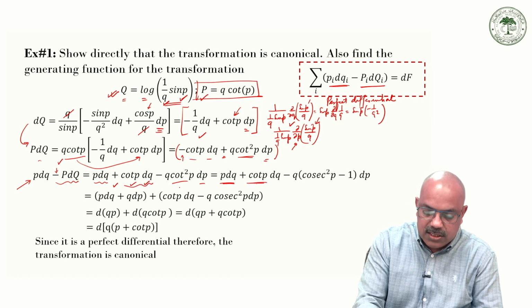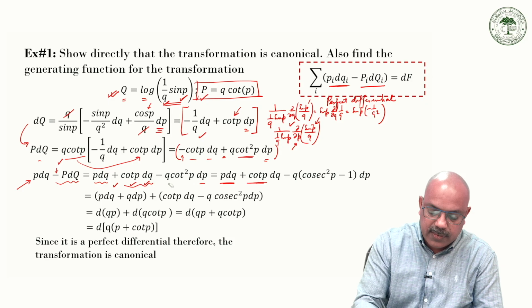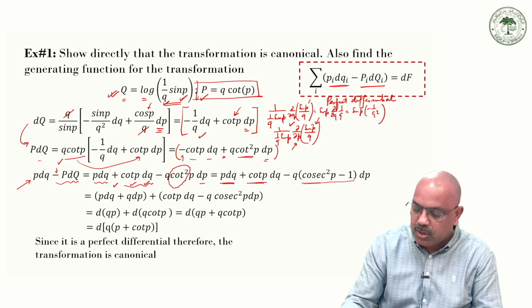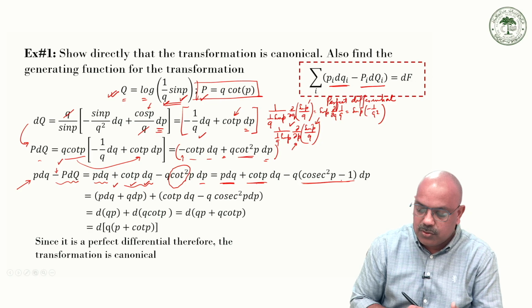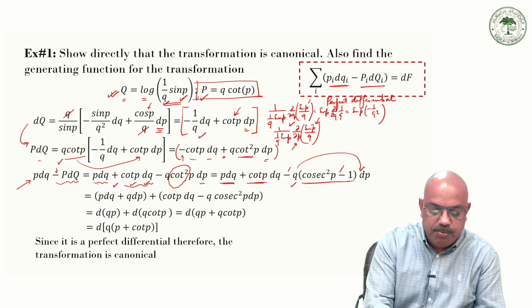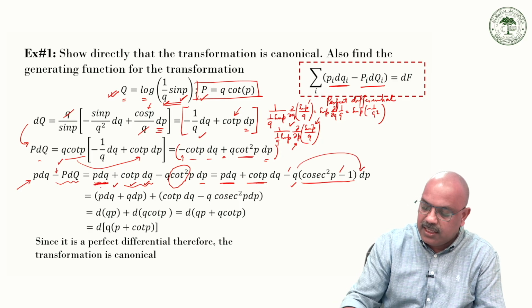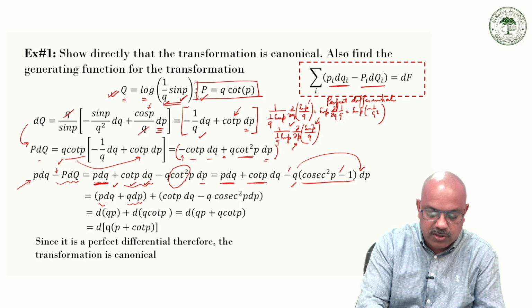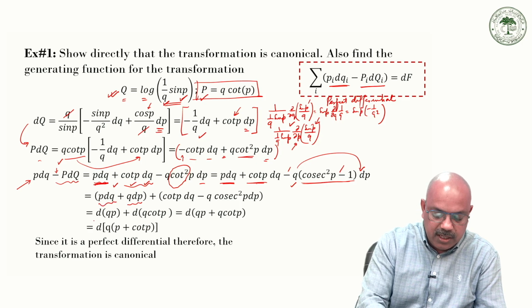Now I can write this cot square p as cosec square p minus 1. So for doing this, I can have this q, minus minus plus, this is going to be q dp. Okay, so now p dq I already have, and from here I take q dp. So this becomes my perfect differential